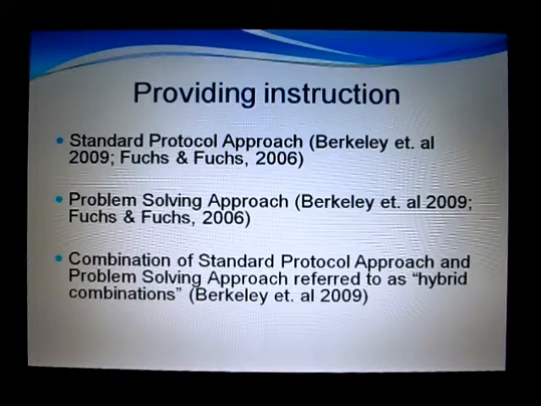Then you would plan the intervention, you would implement the intervention, and after you've implemented it for an amount of time, 6, 8, 12 weeks, depending upon your tier, you would go back and you would evaluate your progress. A lot of states, Washington State included, often use a combination of these two approaches